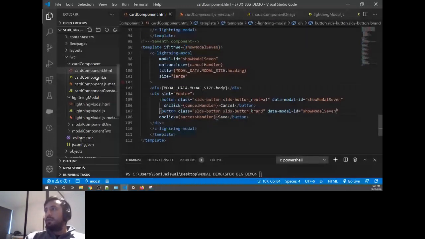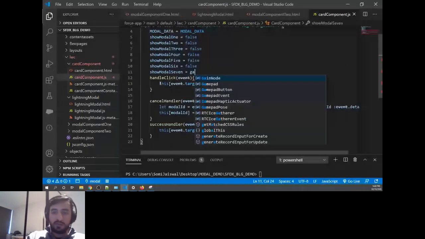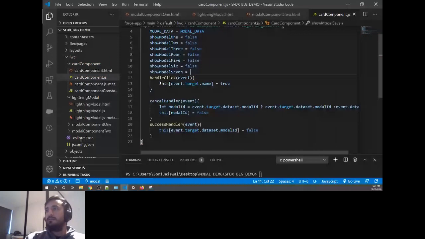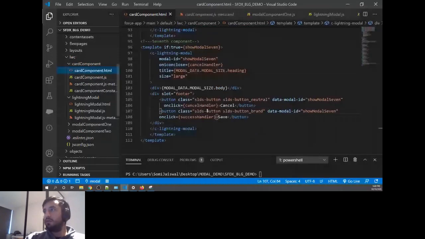We'll add the property here. In real time, you don't need to do this much because in a single page, you hardly have 2-3 components, but I'm showing 10 components. That's why I'm creating this. So now you have your 7th component ready. You have the button, and we want the button to be in a different direction. And for that, we already have a class. Let me add that class.